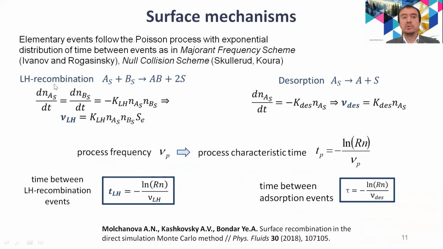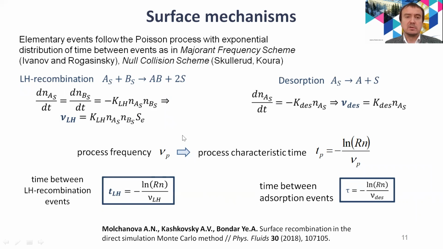So in particular, Langmuir-Hinshelwood recombination is modeled with a variant of the measure and frequency scheme, and in particular desorption, which is an individual process that doesn't involve a pair of particles but only one particle. But we use an approach which is quite similar to the usual null collision scheme, and